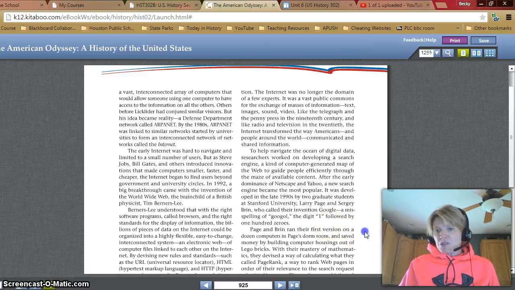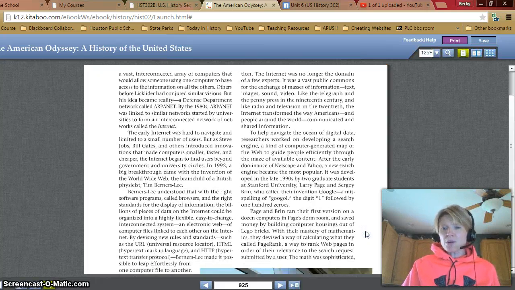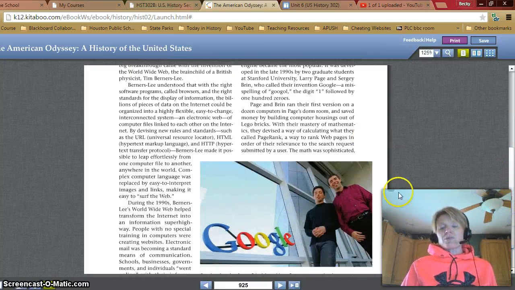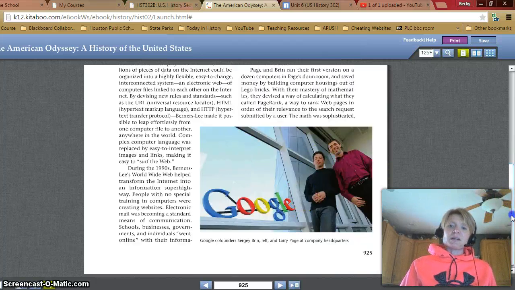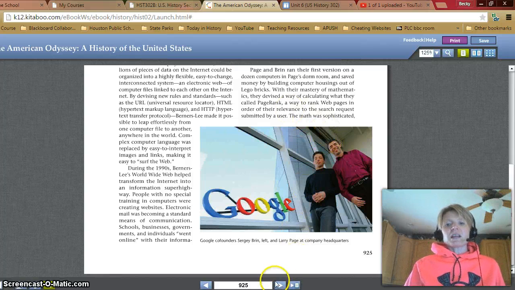Page and Brin ran their first version on a dozen computers in Page's dorm room and saved money by building computer housings out of Lego bricks. With their mastery of mathematics, they devised a way of calculating what they called PageRank, a way to rank web pages in order of their relevance and the search requests submitted by a user. And as you might guess, here's the picture of the inventors of Google. The math was sophisticated,